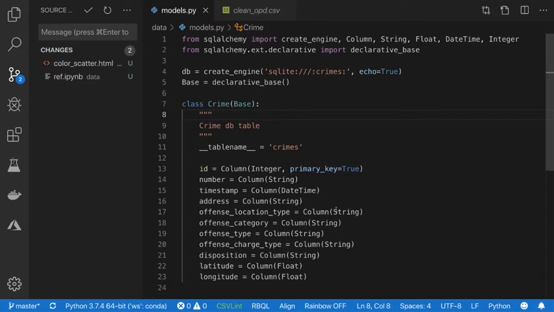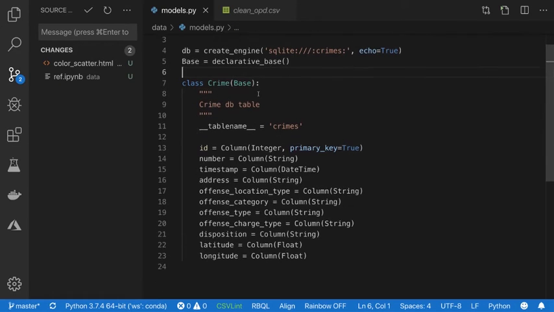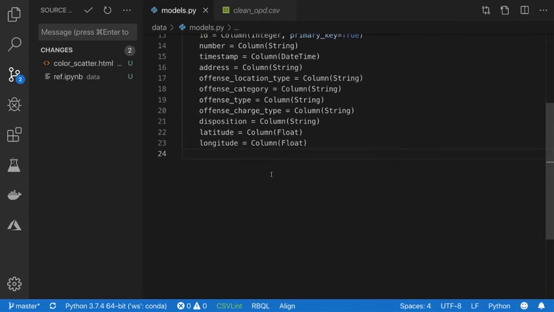So this file is now on the GitHub repo. So, continuing on